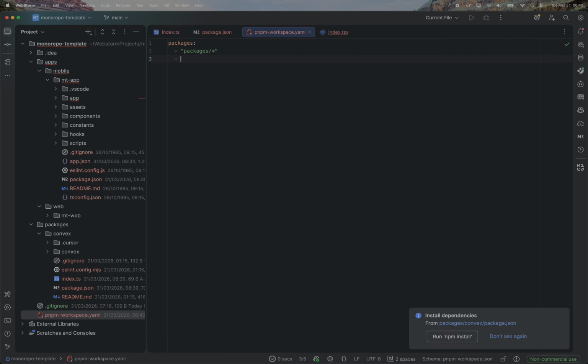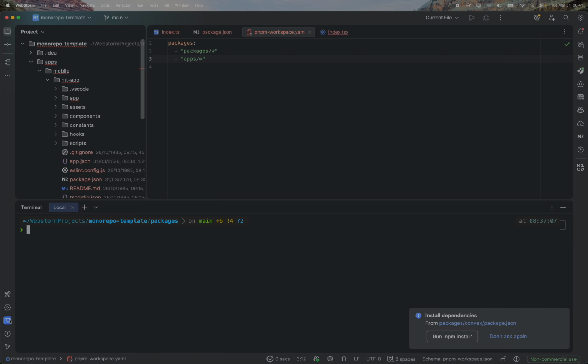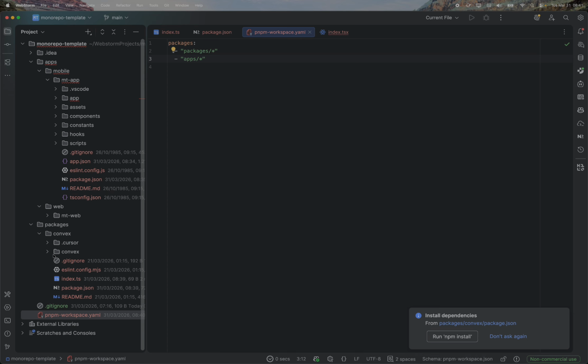I'm going to specify packages and apps like this. If I have libs, the way you saw the library also for autocomplete, or other stuff I want to use, the shared and all of those, I could specify them in the pnpm workspace too. But now that we've done it this far, I'm trying to rush this without making it too long so you guys can understand. So now that I have the packages and I have my index defined,